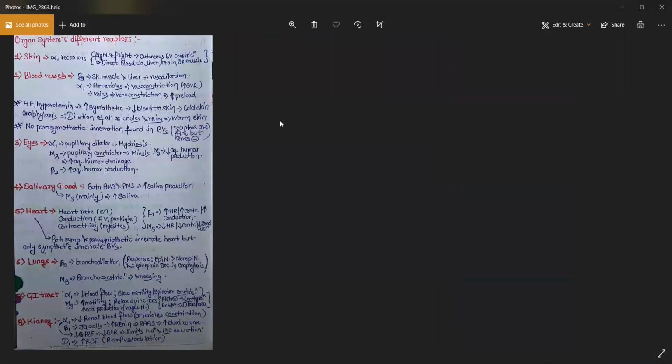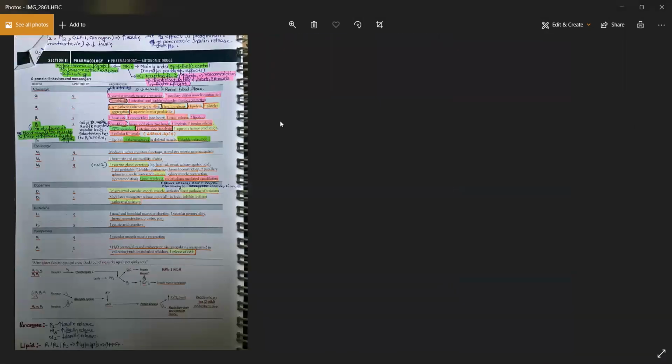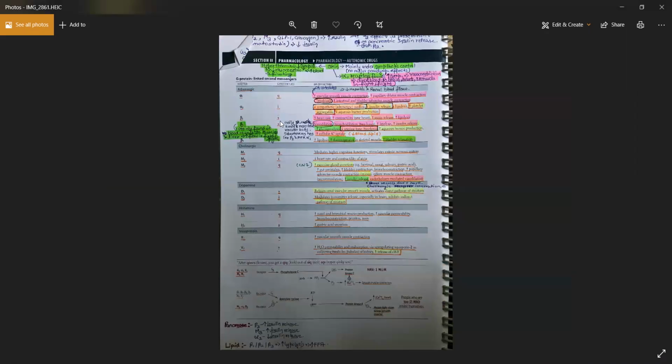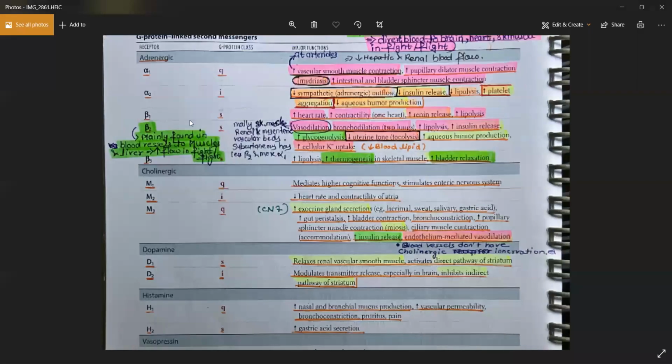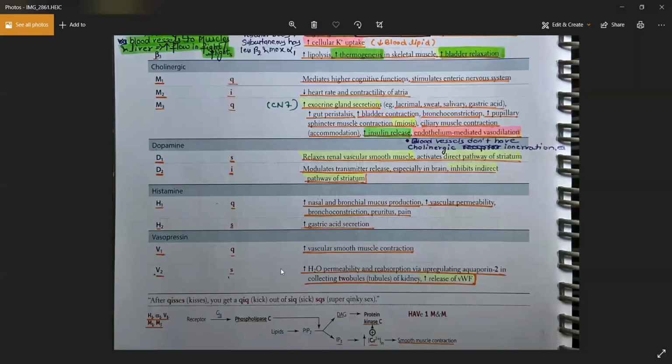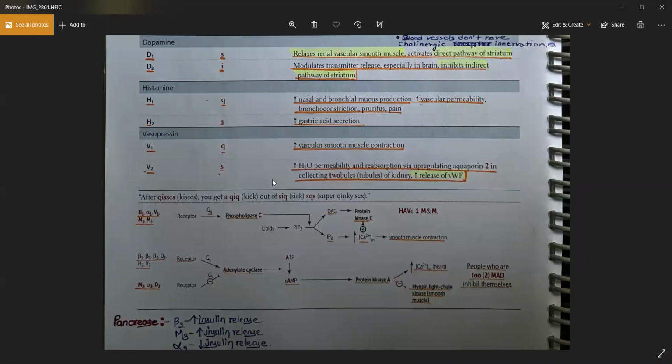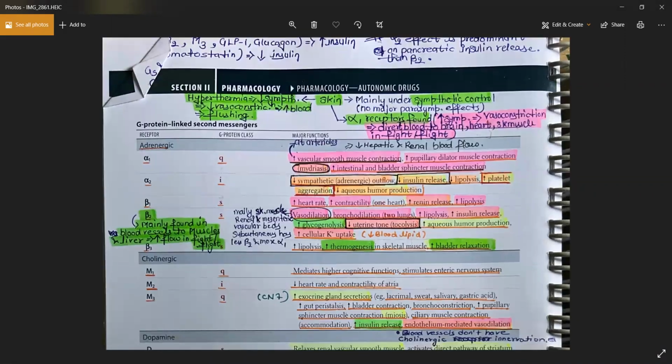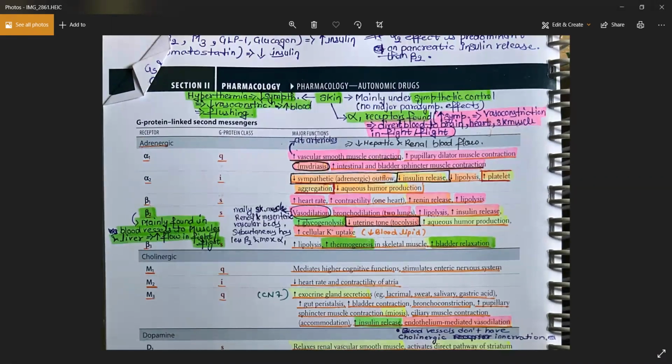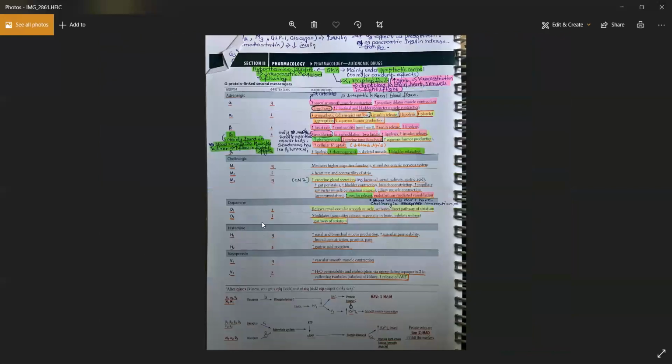Okay, so yesterday we finished with the different receptors which are found in different organs, and what type of G protein class receptors these are. We have discussed the signaling process of these Gq, Gs, and Gi receptors, where the receptors are found, and what receptors do in different parts of our body. Today we are going to discuss the